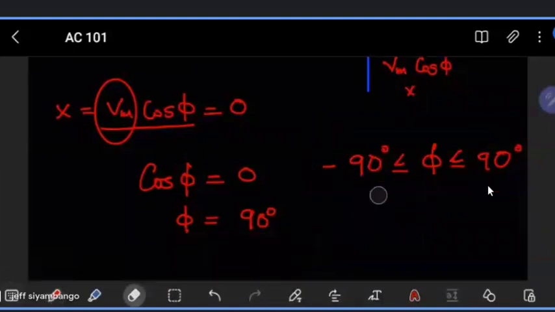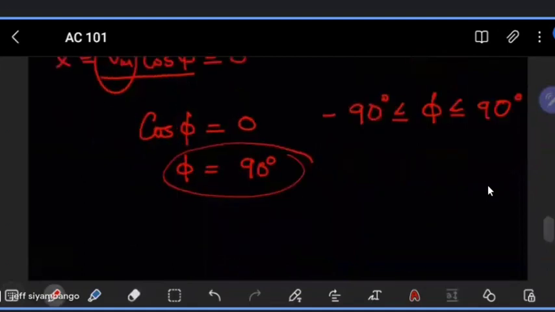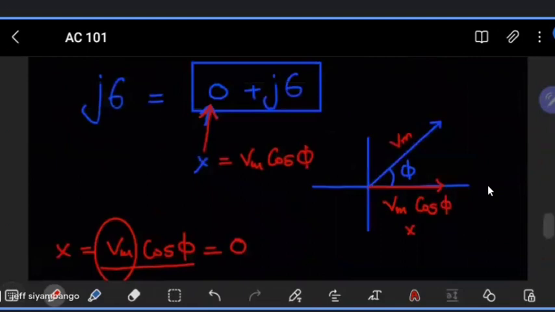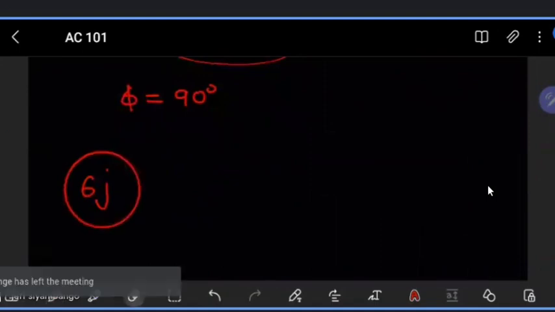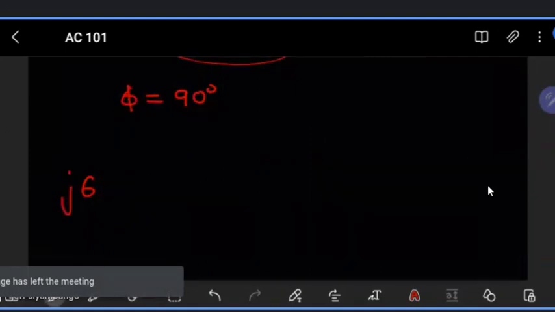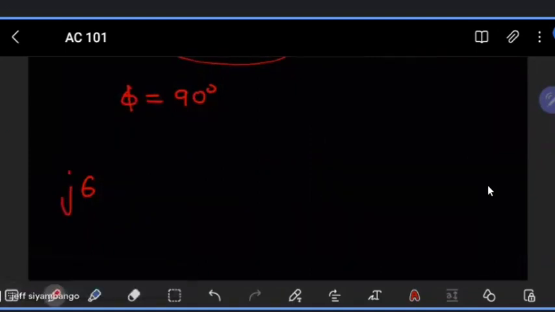Okay, so with that in mind, for this part, of course, we're going to go with phi being 90. If phi is 90, then having figured out what phi is, we can move on to look at the second detail that we needed. Remember, don't forget the goal. The goal is to find a way of rewriting the complex value 6j or j6,